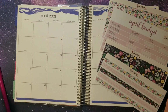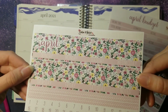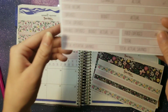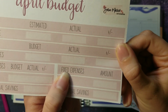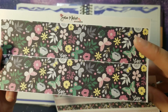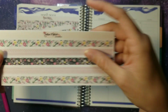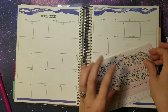But first off, we have our Sarah Marie stickers that we are going to be using this month. We are using Sarah Marie's budget kits here, so we also have her April budget. We will use the variable and fixed stickers on this sheet here. We also have her thick washi, which we will be using the same thick washi for all of our layouts this time around, and some thin washi here. So let's go ahead and get started. So we're just going to lay this out